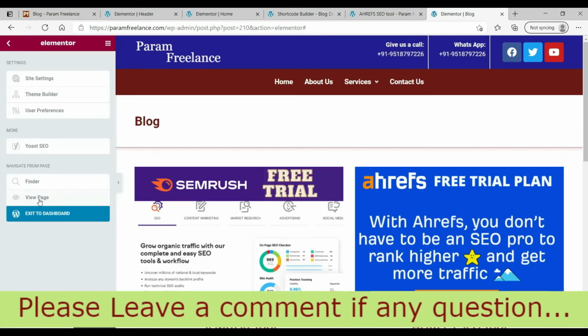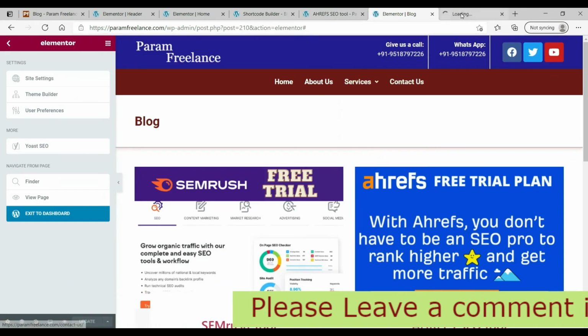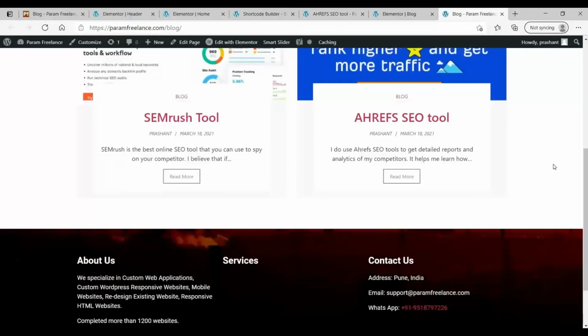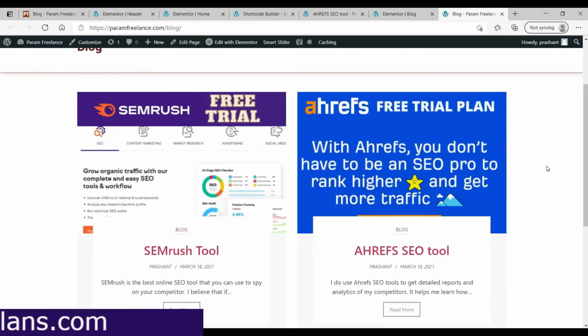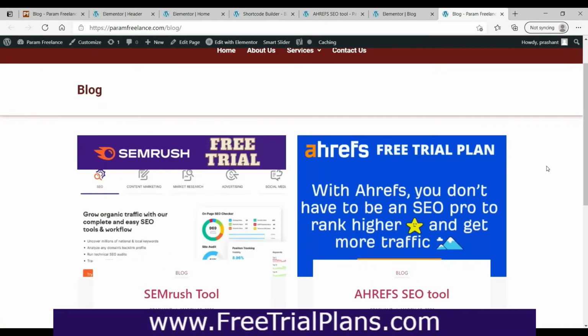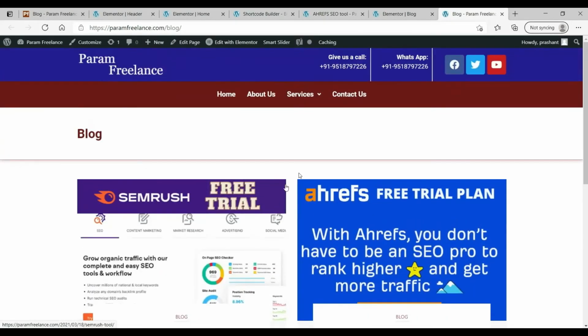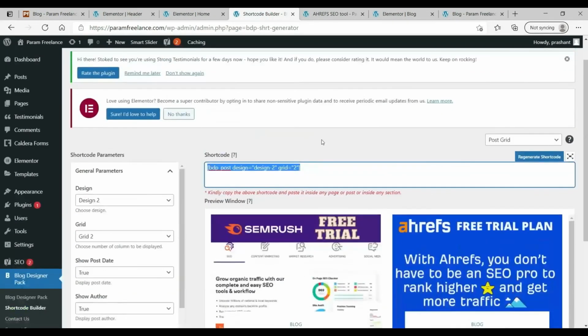Now let's see how the blog page will look. Alright, so this is how the blog page will look. Now if you add one more blog post, it will go above this one. Okay, so this one looks good. Using the plugin, we designed the blog. Now if you want to change the layout, you can change the layout. There are some free layouts that you can use.